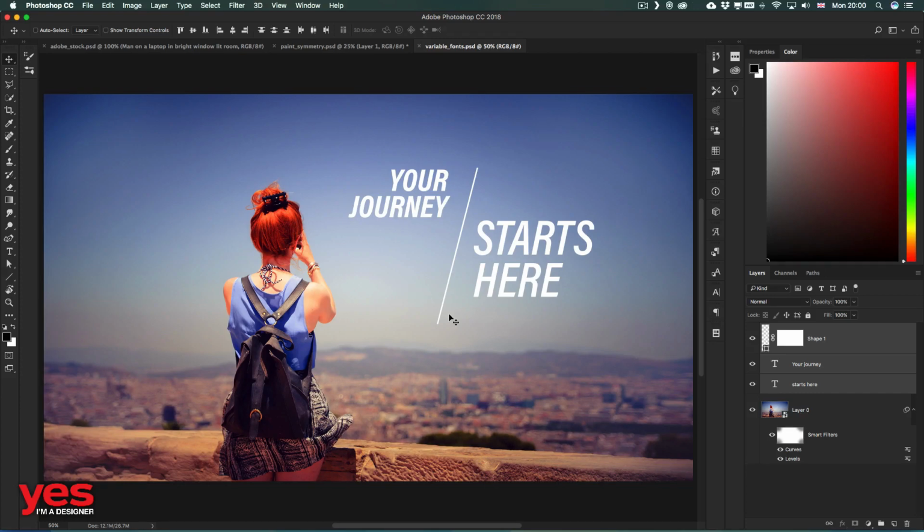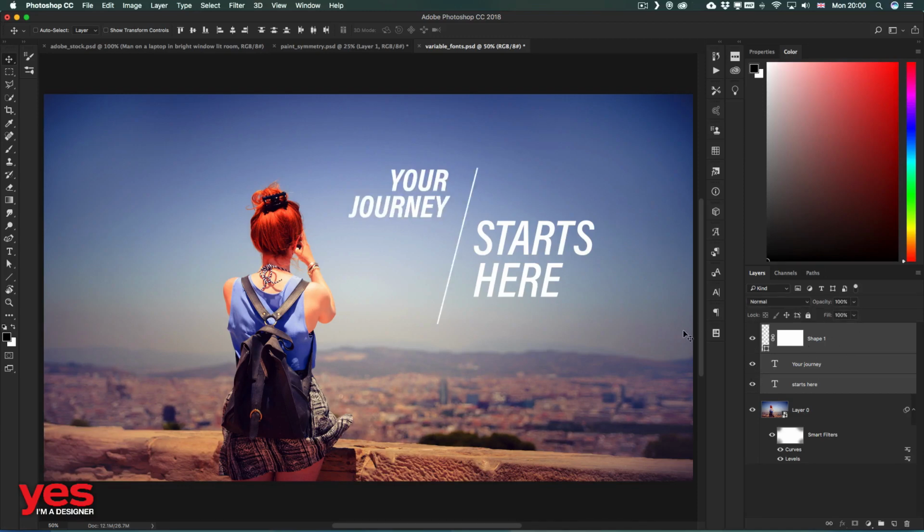Apart from the big new features in Photoshop CC 2018, there's a couple of smaller additional improvements which I would still like to mention because they can save a lot of time and it really improves the way we work with this application. One of them is that you can now finally copy-paste layers within the same document or even between documents. So you notice I have these 3 layers selected here, the line and the 2 text layers.